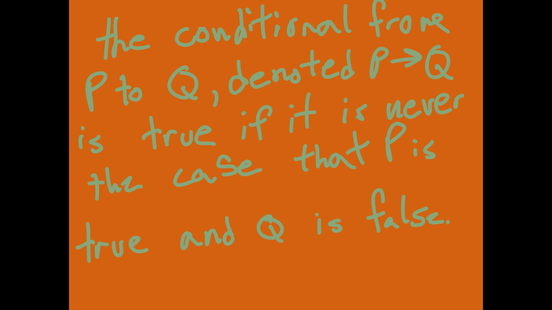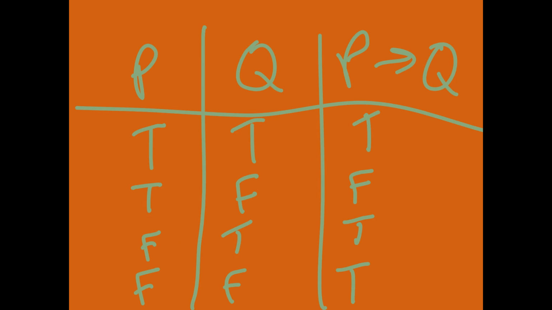The fourth construction is a conditional. A conditional from P to Q, denoted as P with a forward-facing arrow pointing to Q, is true if it is never the case that P is true but Q is false. And when we look at the truth table, it's a little weird. It's kind of hard to wrap your head around,